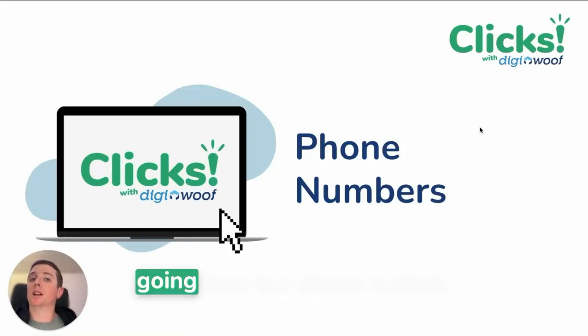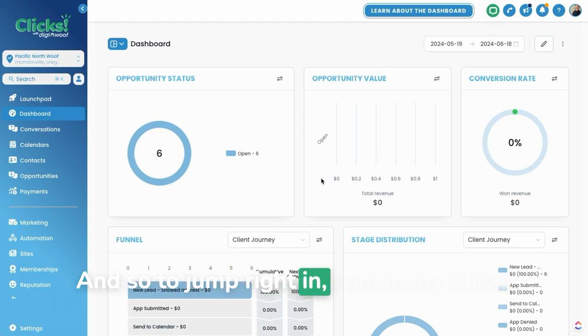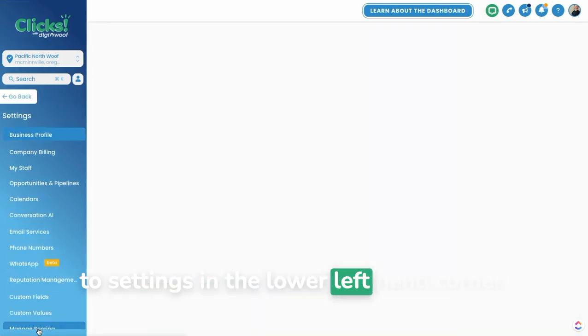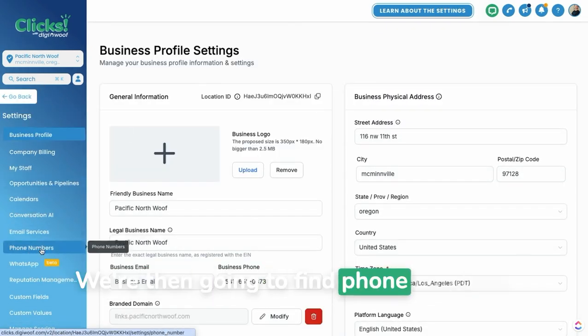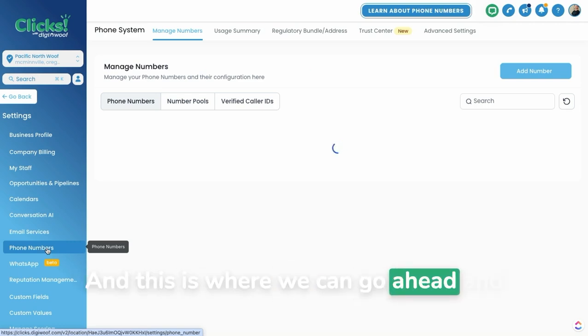In this lesson, we're going to be going over our phone system. To jump right in, I am in my Clicks account here, and I'm going to go down to Settings in the lower left-hand corner. We're then going to find Phone Numbers, and this is where we can go ahead and add a phone number